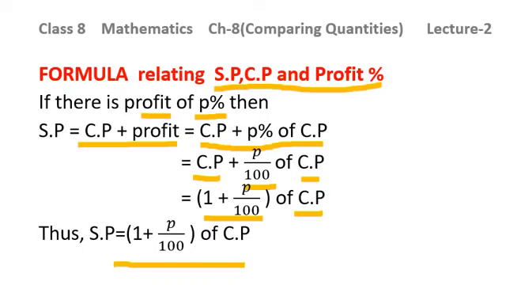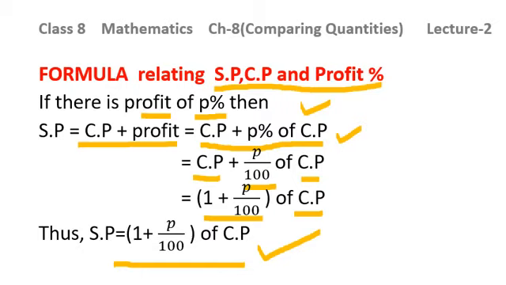Simple as this. So the first step is I have taken profit as P percent. In a general manner we need to deal with the formula. So we have taken profit is equal to P percent. Then putting the value of profit, that is P percent, in this second step, as the percentage sign is given, you are supposed to write P over 100. P percent can be written as P over 100. Then 1 plus P over 100 into CP. Then SP is given by the formula SP is equal to 1 plus P over 100 into CP. This is the formula between profit percent, SP and CP.